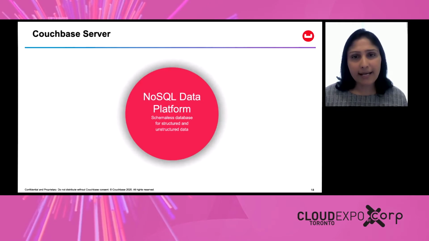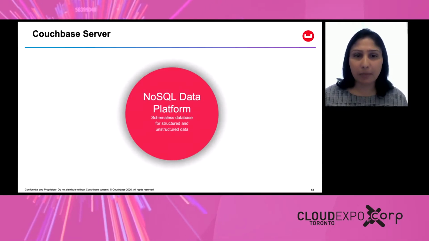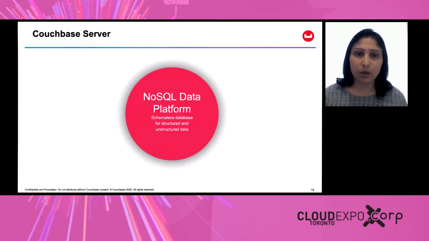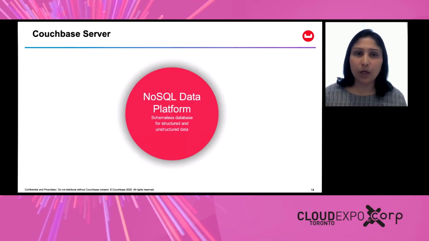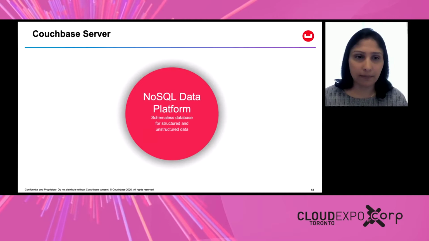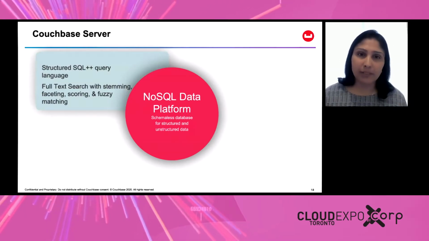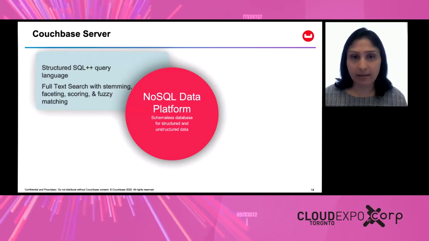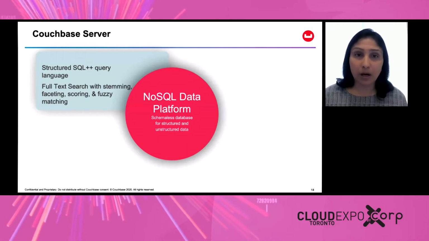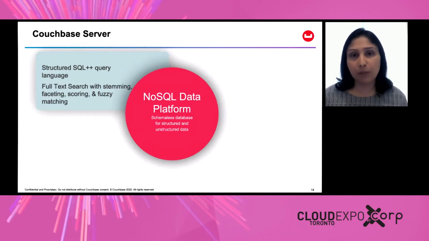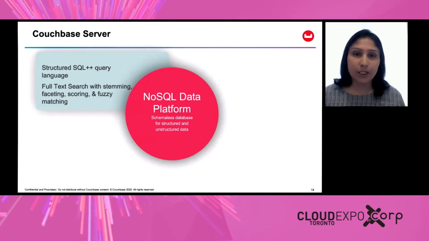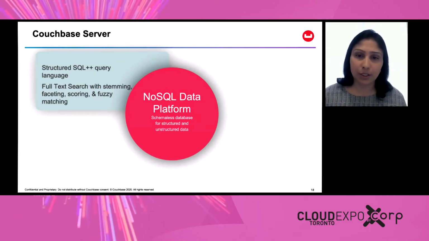So I'd like to take some time to highlight some of the key capabilities of the Couchbase platform. Beginning with Couchbase Server. At the core of the Couchbase Server is our NoSQL JSON document store. Now, a key aspect of a data platform is data access. So for that, we support a comprehensive query API. We call that N1QL, which is an implementation of the SQL++ standard. So you can essentially query structured as well as unstructured data with a very